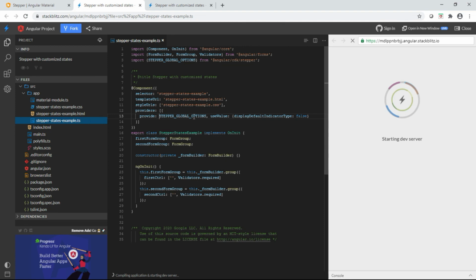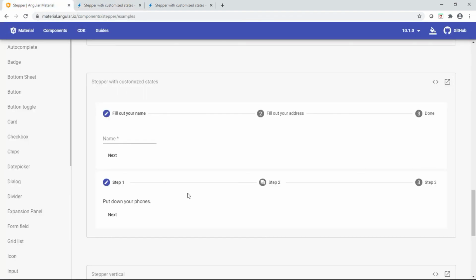We're defining token stepper global options to use a value called display default indicator type, and we set it to false. And that, as well as overriding the icons, helps us map, first of all, see these default icons change to a checkbox,